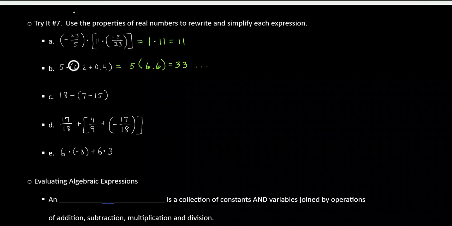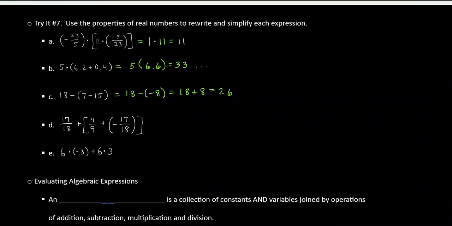You can also practice your distributive property and multiply 5 times 6.2 and add it to 5 times 0.4. All right, let's look at C here. 18 minus 7 minus 15. And you want to do what's in parentheses first. So 18 minus 7 minus 15 is negative 8. And 18 minus a minus will be 18 plus 8 equals